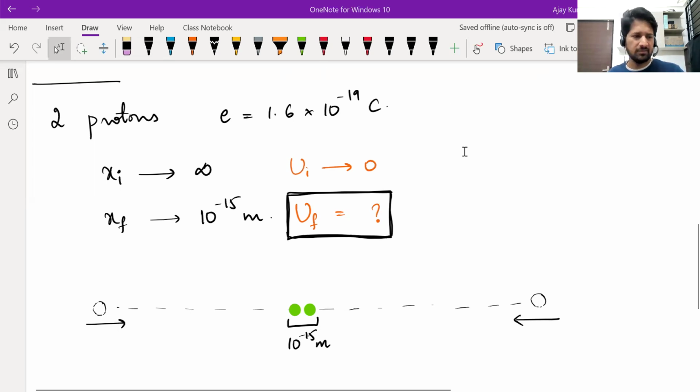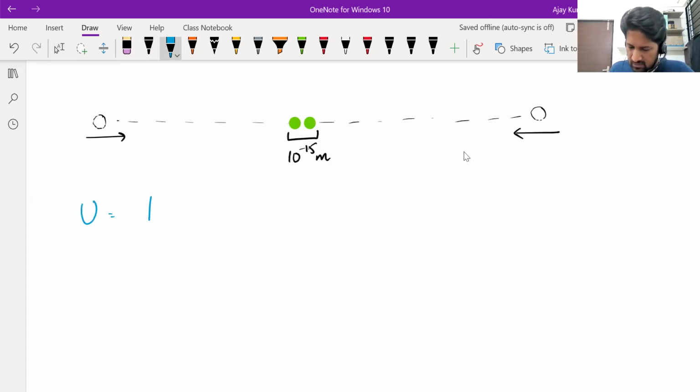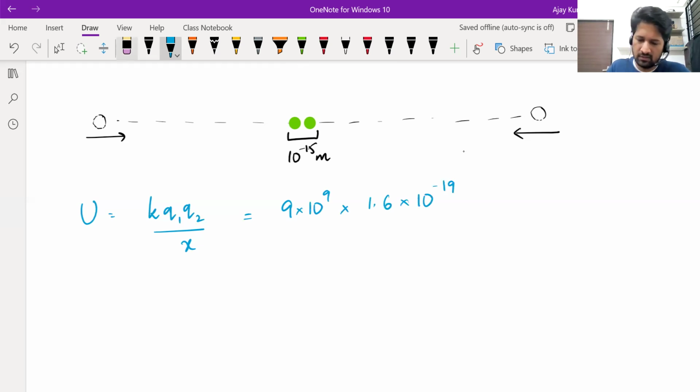We use this in the last chapter also, atoms, to find out the closest distance of approach between an alpha particle and the gold nucleus. Anyway, it is K Q1 Q2 divided by the distance between the charges. K is 9 into 10 power 9 approximately. Q1 Q2, charge of protons, 1.6 into 10 power minus 19. You square it, it becomes 2.56